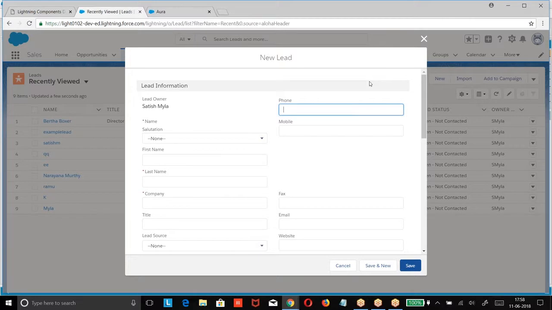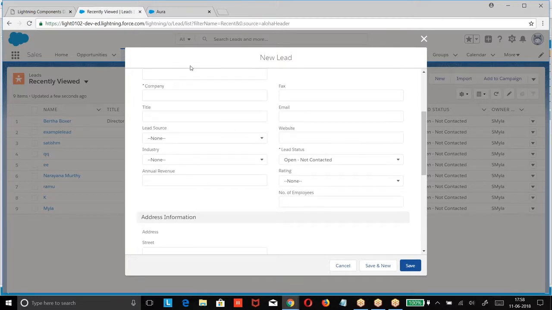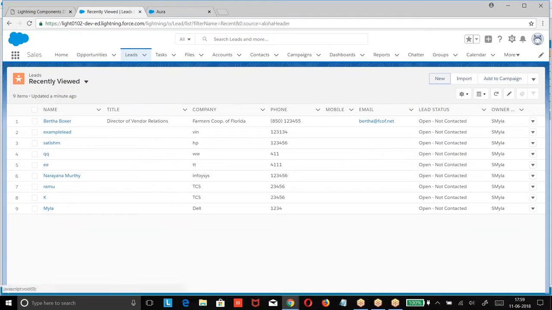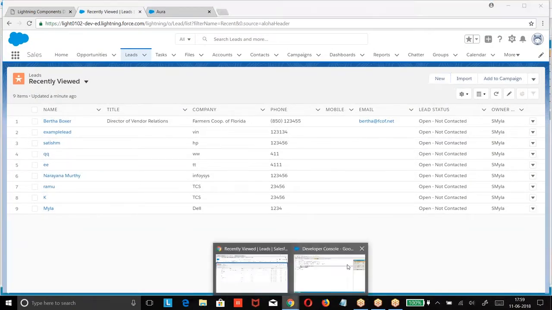Now look at this. I have some information, let us say rating. If I am showing this quick list field, what are the options we have? None, hot, warm, cold. With the same options, I want to create a field. So I want to replace that button. If I want to replace the button, I need to get this page. How to create these pages? Overriding standard pages with custom logic using Lightning. Okay, now look at the point.